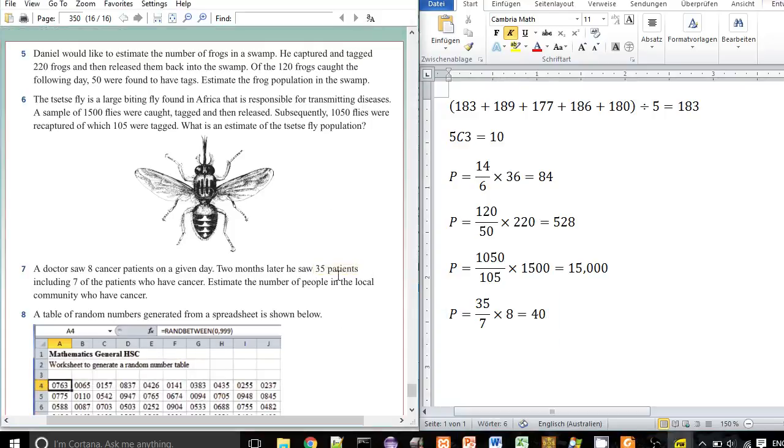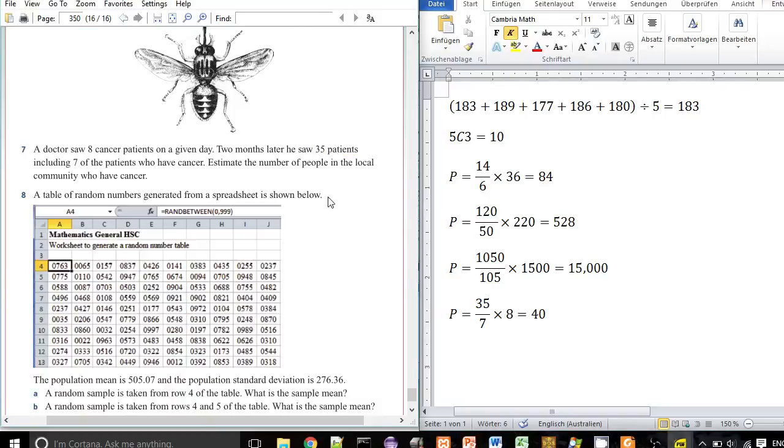For some reason that one I find confusing. Maybe it makes sense to you, but it's like, okay, so 8 he knows has cancer. And he saw them on a specific day. And then if you take 35 random, are these all cancer patients? They're just random patients. I actually have to think about that. I'm going to think about that